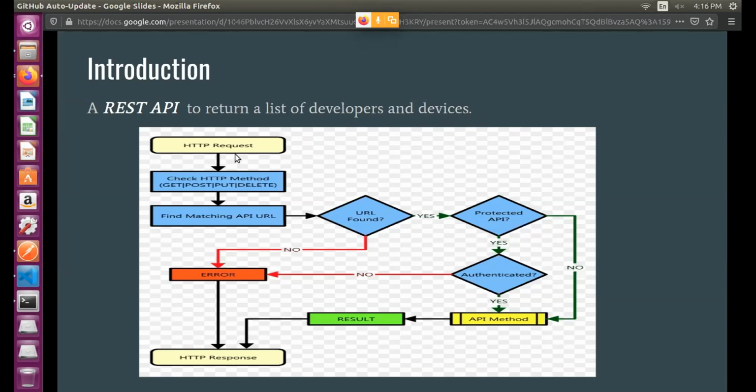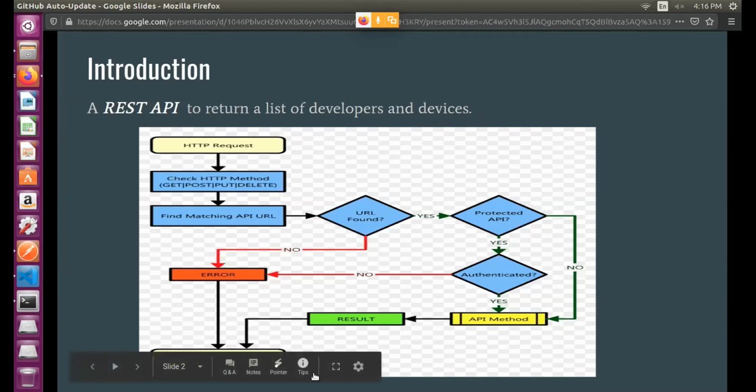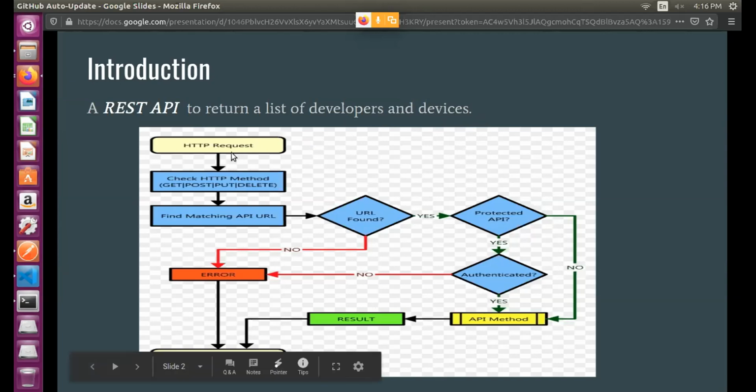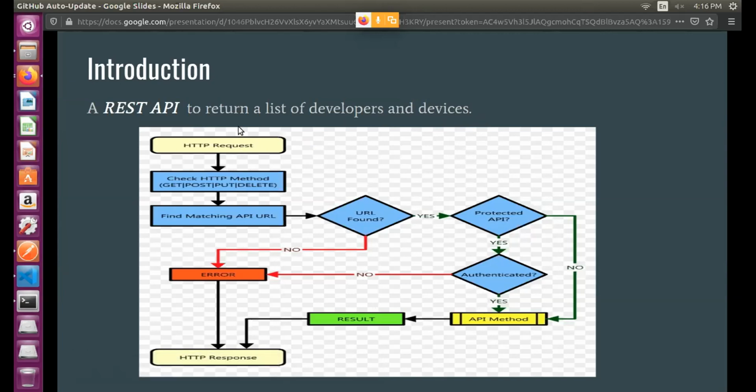So here you can see a general block diagram of a REST API. Actually, this is a general block diagram for any kind of REST API. An HTTP request comes, and then the HTTP web server sends it to the application.